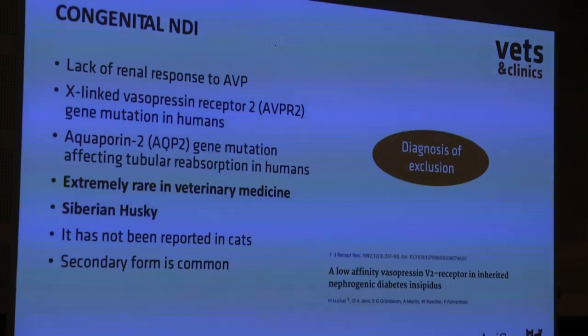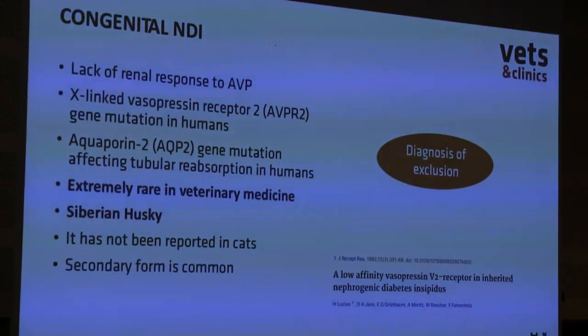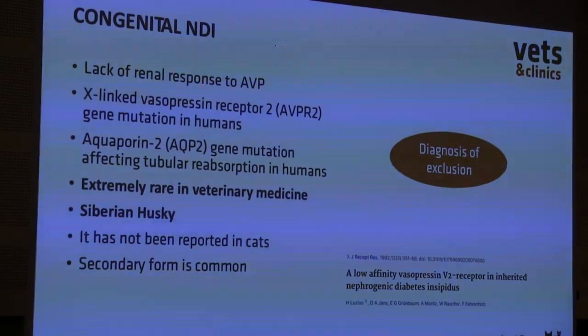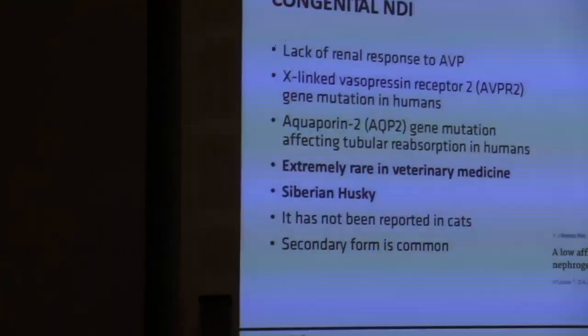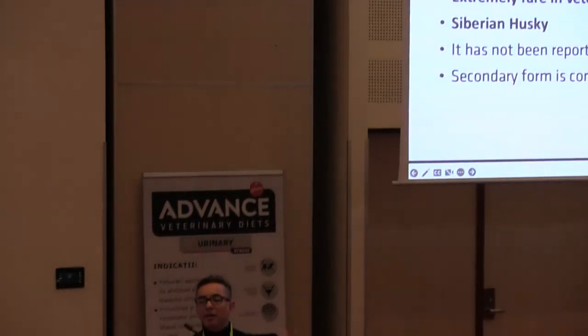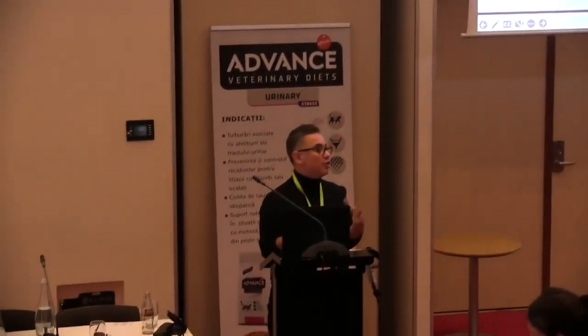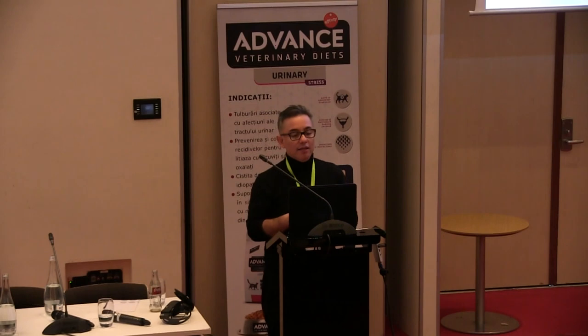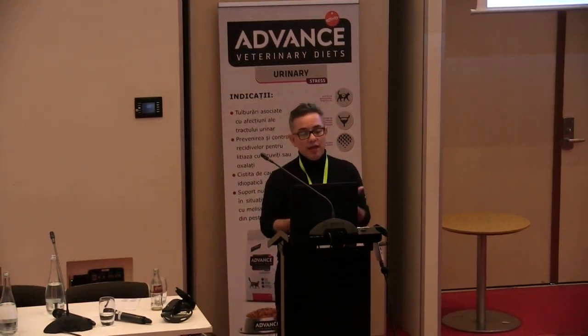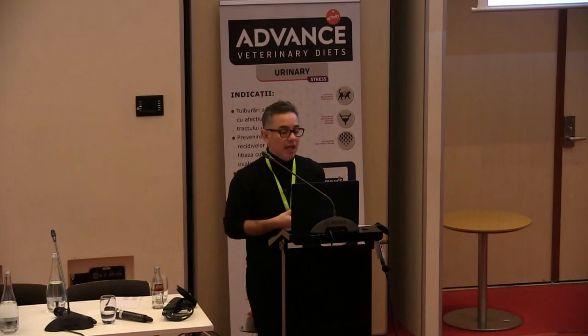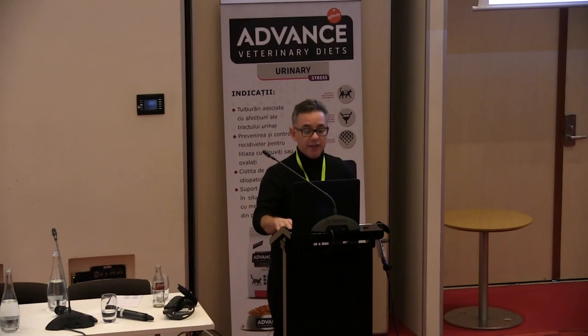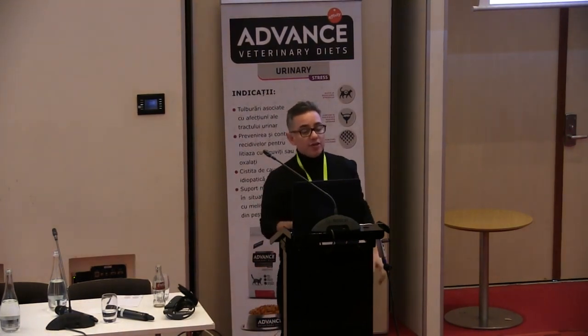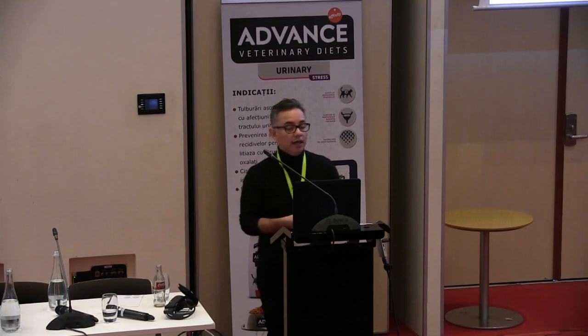Regarding congenital nephrogenic diabetes insipidus, it's very rare. There is only one article published many years ago in a family of Siberian Huskies. So this is a disease that you have to consider in Siberian Huskies. You can try to use the water deprivation test again, as we talked about, and rule out all the causes of nephrogenic diabetes insipidus. And the treatment is a thiazide diuretic,